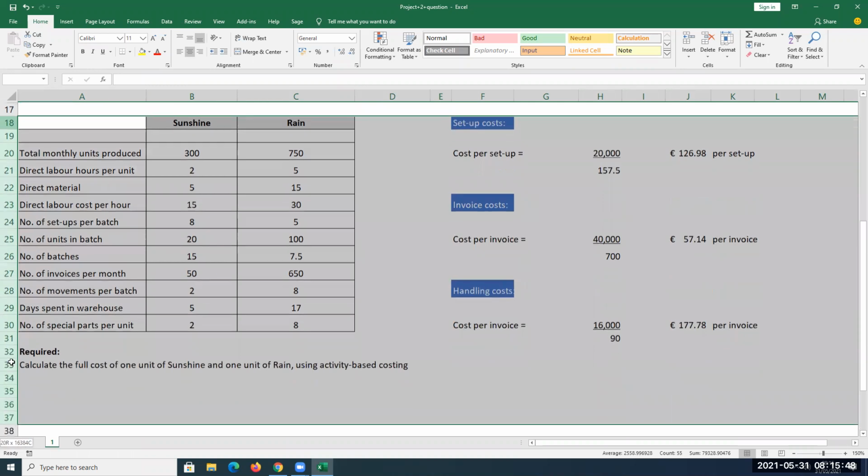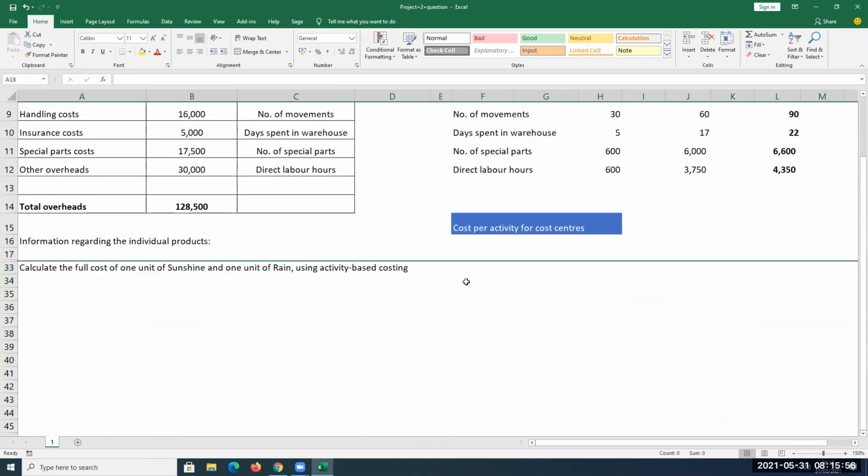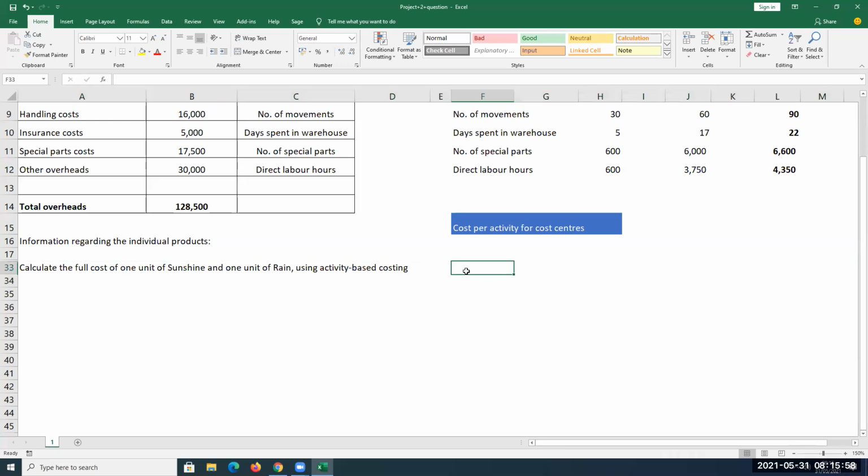I will unhide it later on. Next is handling costs. So the handling cost is